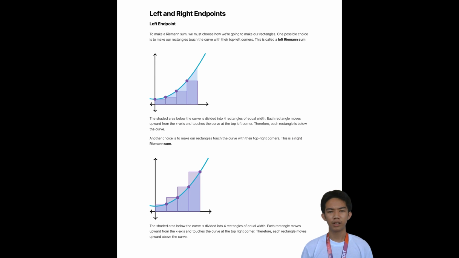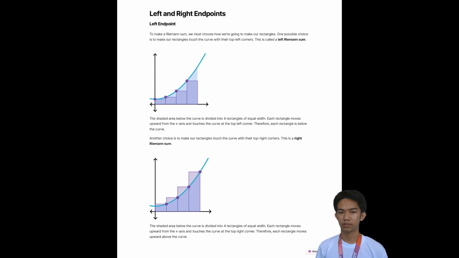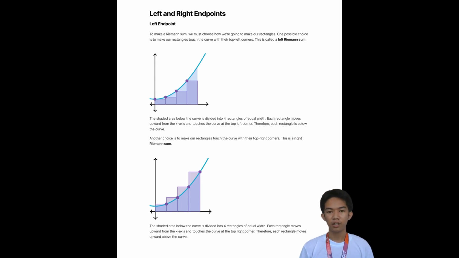For example, imagine you have a graph of some function and you want to find the area underneath the curve between two points, a definite integral. Riemann sum achieves this by chopping the interval between those points into subintervals. Left and right refer to each endpoint of each subinterval we use to evaluate the height of the rectangle that sits on the subinterval.